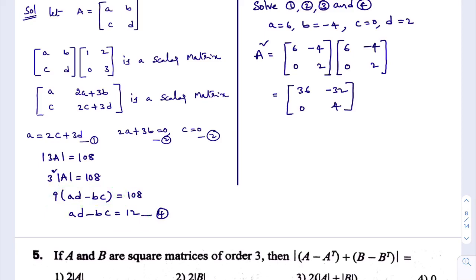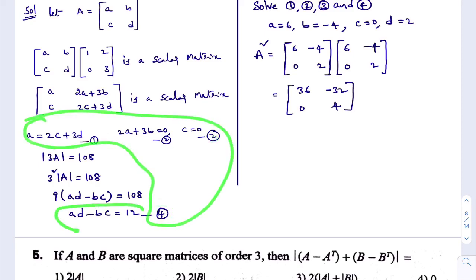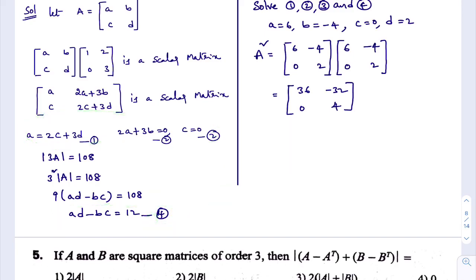Now this is equation 1, equation 2, equation 3, and equation 4. These 4 equations you solve. Here is the trick: solving these 4 equations takes time. Solve, and you will get A value, B value, C value. I am not solving it; you can simplify it easily. You solve these 4 equations and you will get A value, B value, C value, D value like this.